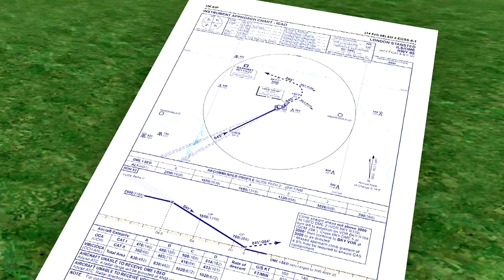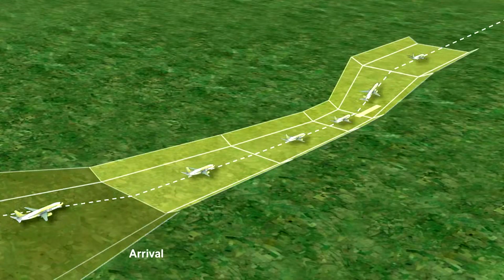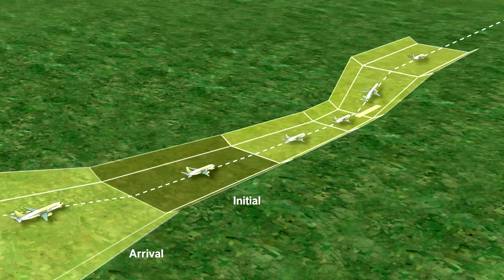Approach procedure design is a particular skill that must enable an approach to be flown in safe airspace. As the procedure takes the aeroplane closer to the runway and the ground, the safety limitations must be increased. Pilot skill or autopilot accuracy, combined with the inherent errors of the ground-based equipment, must be taken into account when producing approach designs. The 5 segments of an instrument approach are shown here.